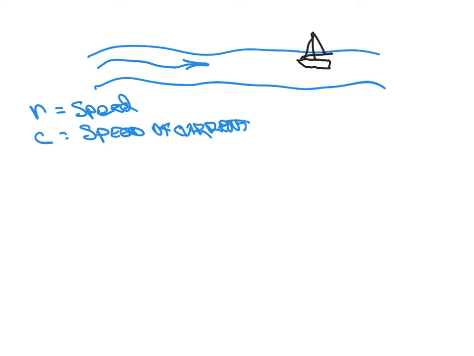This pencil is so slippery. So let's see, the speed of the boat. Okay, so we have R is the speed of the boat in still water, C is the speed of the